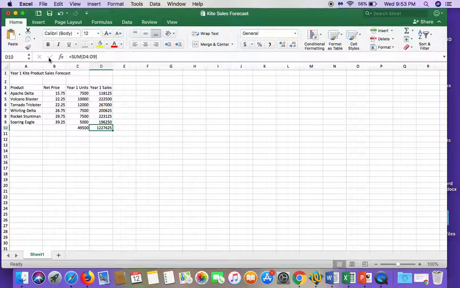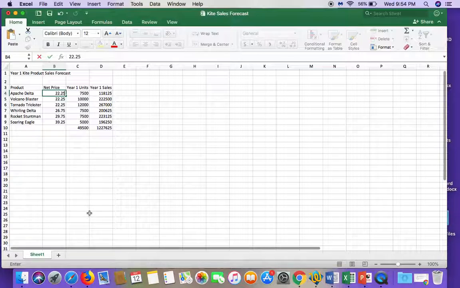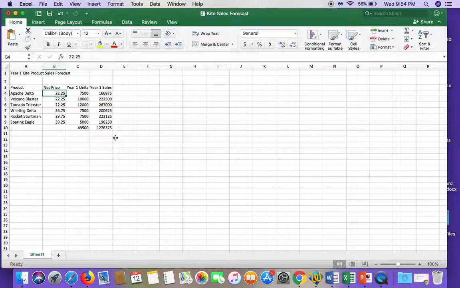So hopefully you have those two numbers, and let's just show how the formula will change. Click in cell B4. Instead of 15.75, I'm going to change the number, and when I hit enter, these numbers will change as well. So let's type 22.25 for the price and go ahead and hit the enter key, and that number changed. Sorry, the units wouldn't change, but this number, since it's a formula, did change. What it also did is change the grand total at the bottom there. Okay, that is it for video 2. Make sure you quick save